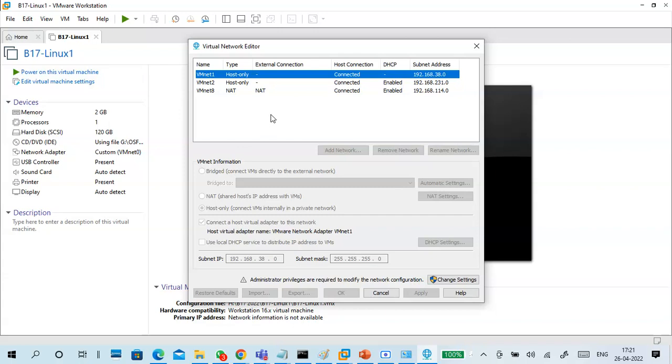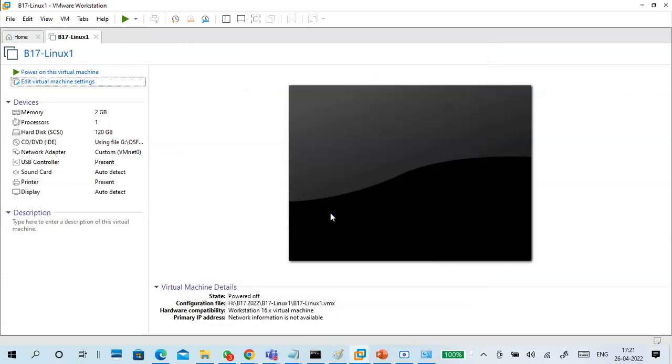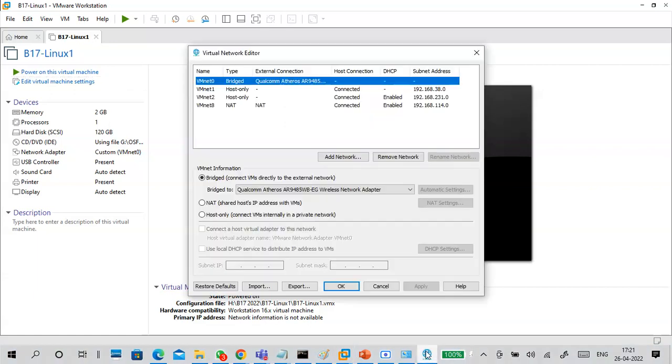VMnet0 is not showing here. What to do? Change settings. Click on yes. This is the editor, VMnet0.